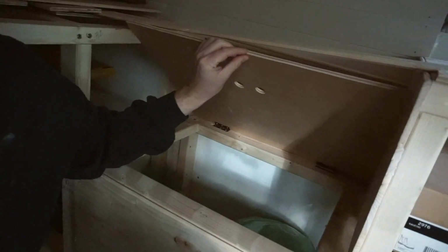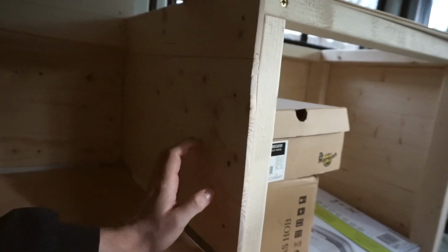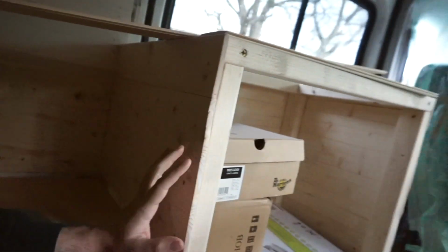Just a bit of cladding in the way there, but yeah. So we've got cladding all on the sides here and on the back. This one we've only got it on the back, so we need to finish off the side here where the kitchen is. We need to bear in mind that the main electrical control panel is going to be going there,